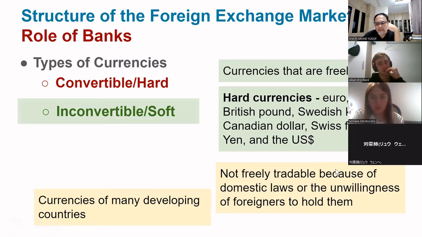Can you think of one country or one currency, or a country is okay, maybe you don't know what the country uses. What's the currency? I don't know, maybe